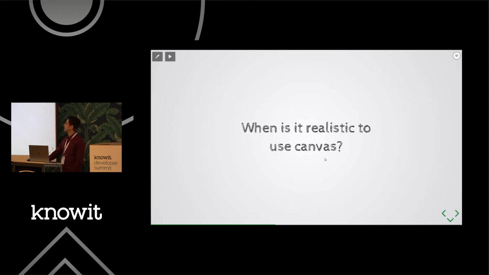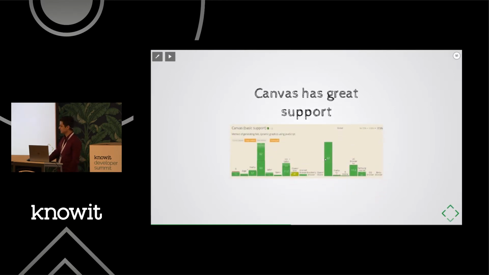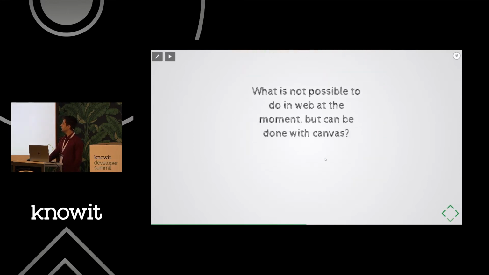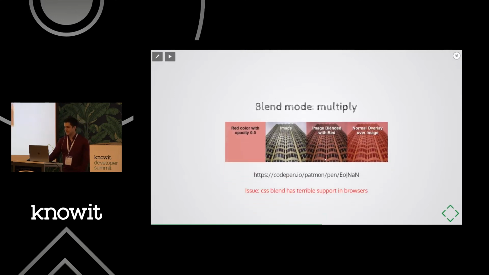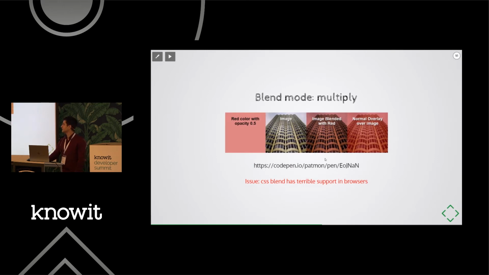But the realistic place to use Canvas is something entirely else. It's in the intersection where a normal browser feature would have too little support, but you can use Canvas to bootstrap it. And you can just make a fallback for that one device, Opera Mini, which doesn't fully support things. And there is a large domain that has issues in web at the moment, and that's image processing. Because if you try to, let's say, put an overlay over your image, it will look terrible